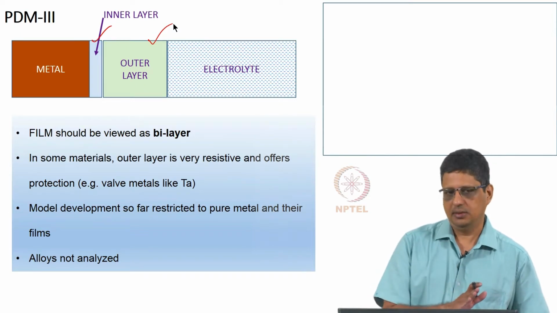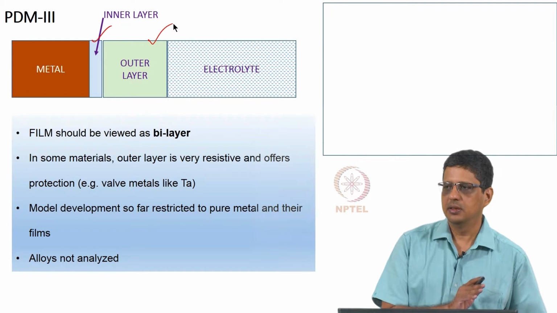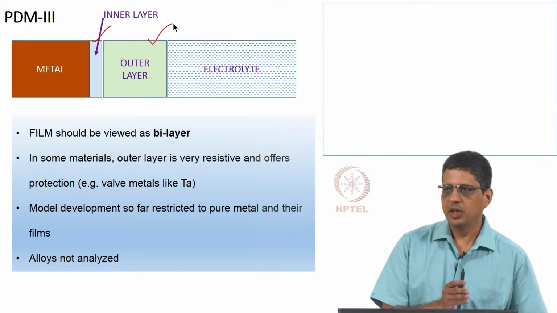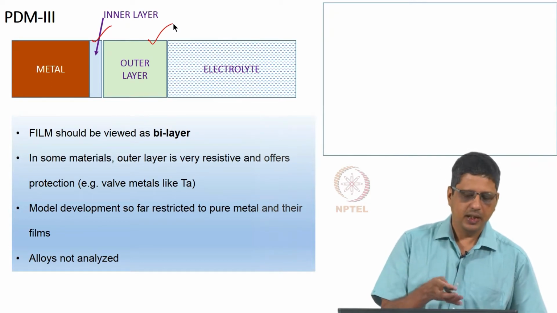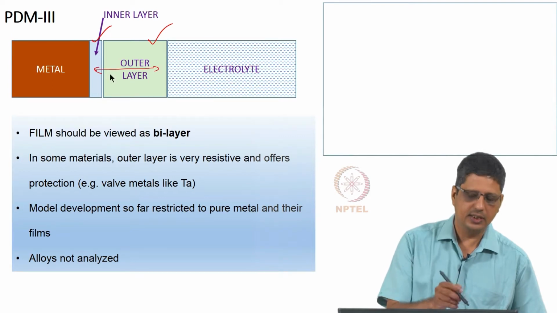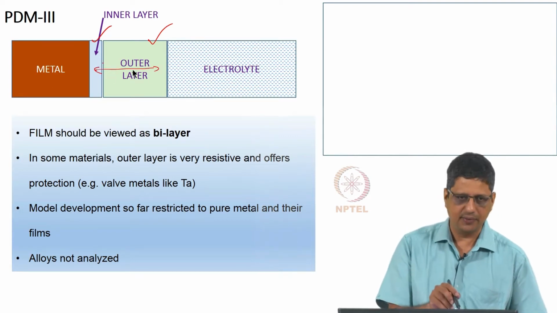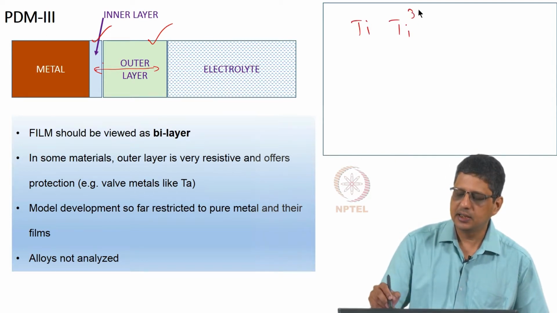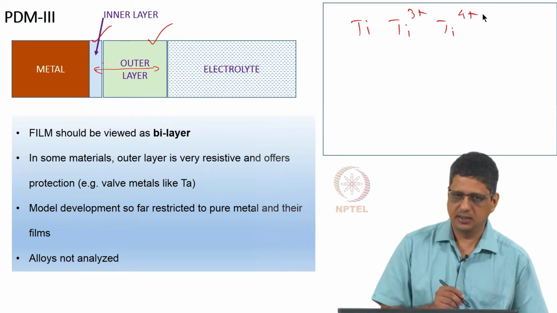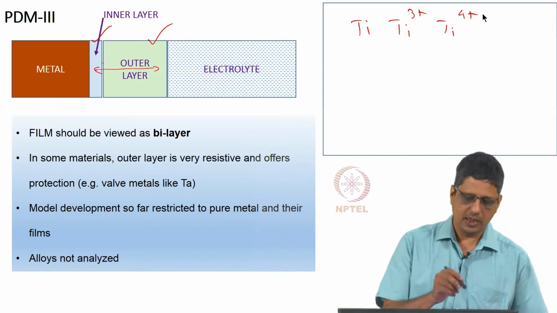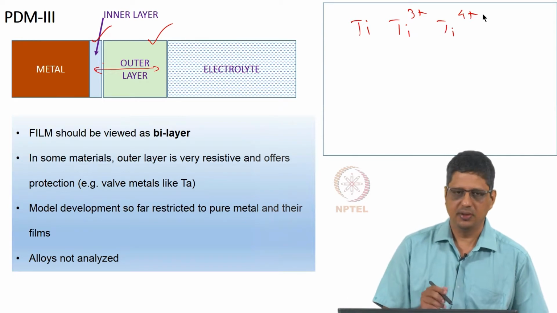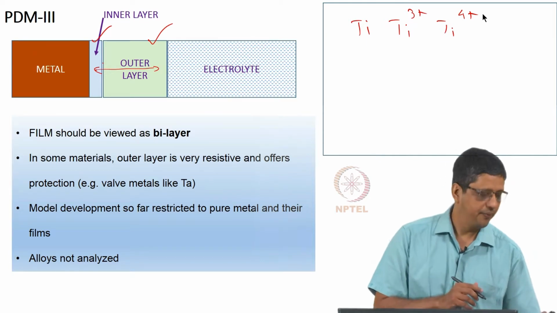By the way, everywhere in this model, or even in what others present, we assume that the metal is a single metal, not an alloy. If you alloy, the composition will vary. Even with the same metal, the composition can vary across the film, you may have fewer or more defects at different locations. What I have not described is a metal like titanium, which can be present as Ti3+, Ti4+, multiple oxidation states, which becomes more complex. Therefore, we are restricting ourselves to a simpler case of tantalum becoming tantalum pentoxide, although it can actually exist in other oxidation states also.